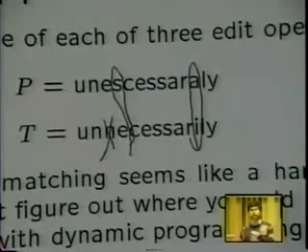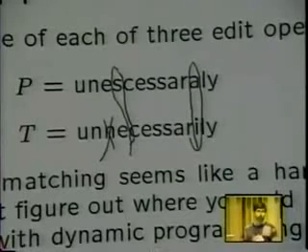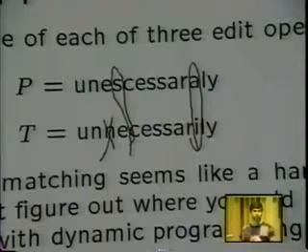Well, the question is how small is P and T? How small is the change? Well, it depends upon the application. For spelling checking, it's probably pretty small. You'd like to say that if somebody's made 4 or 5 errors in a particular word, odds are you can't expect them to correct it. Okay, if they type the word in Greek, let's say, you can't expect them to fix that up.